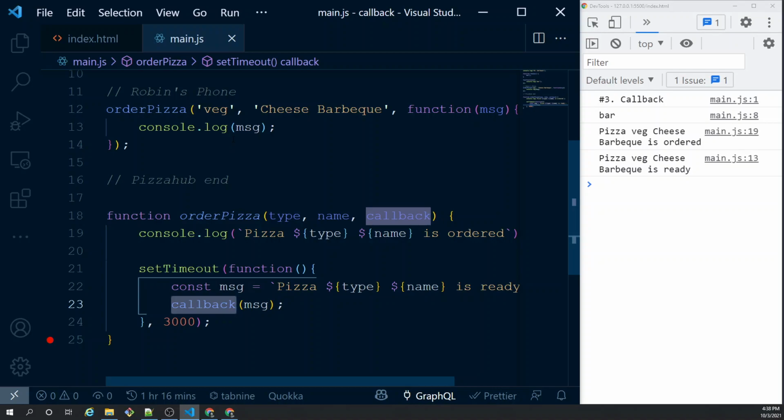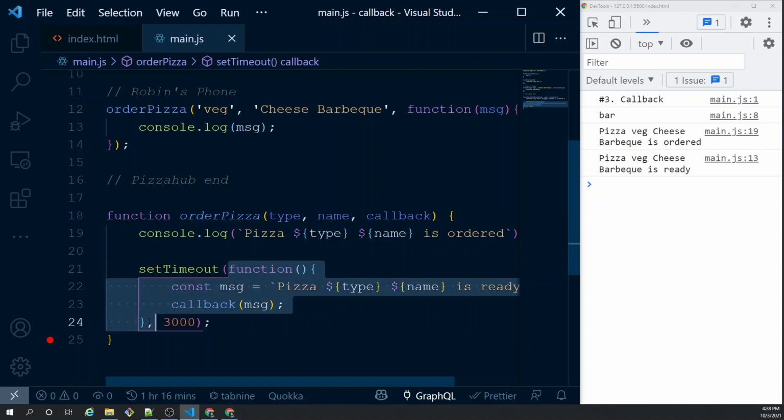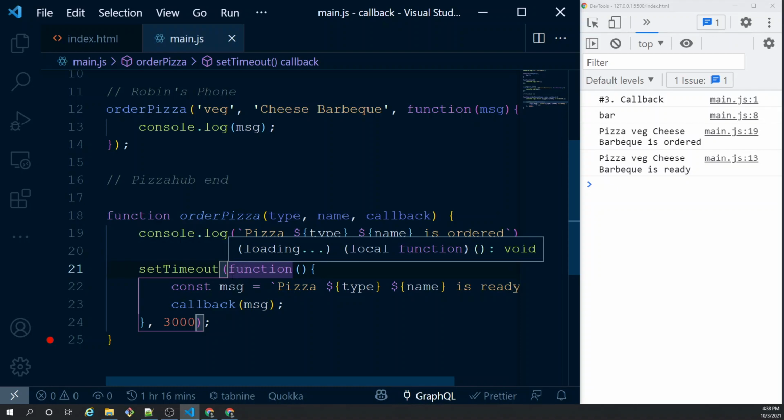So there is a huge difference between what we were doing. Rather than putting the console.log over here, we are notifying the caller with a callback function. In real life, that's exactly what a callback function does. Nothing more, nothing less. So I hope you understand the concept of a callback function. One beautiful thing is the setTimeout. What setTimeout does is take a callback function. After 3 seconds elapse, this callback function gets called, right? This is another callback function example. So I hope you understand the example of a callback function.